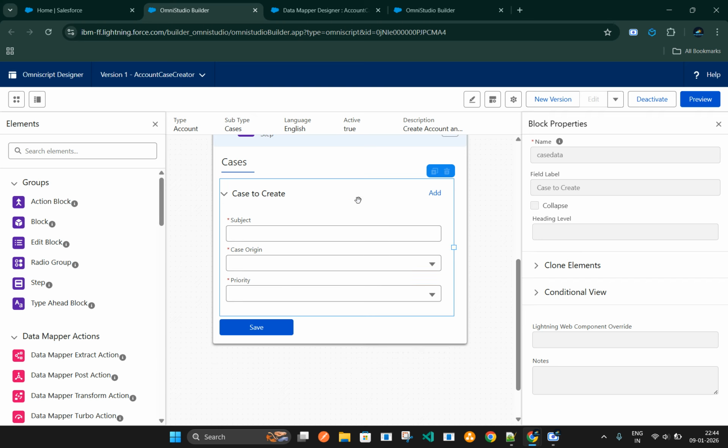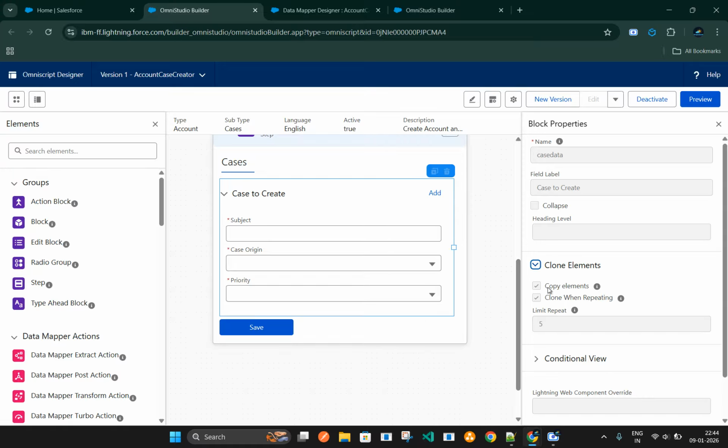So how can this appear? Because if you go to clone elements, you see that option, copy elements and clone when repeating. Basis that, it will allow multiple records, and you can set the limit of that repeat as well. Unless you select this, you won't be able to add multiple records. And then finally you need to associate your